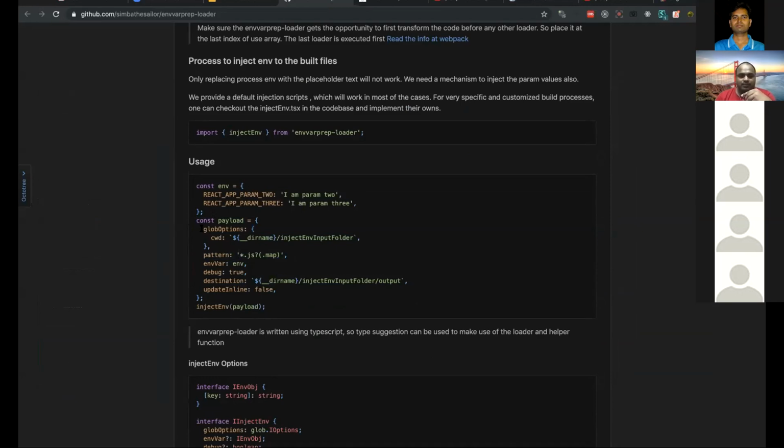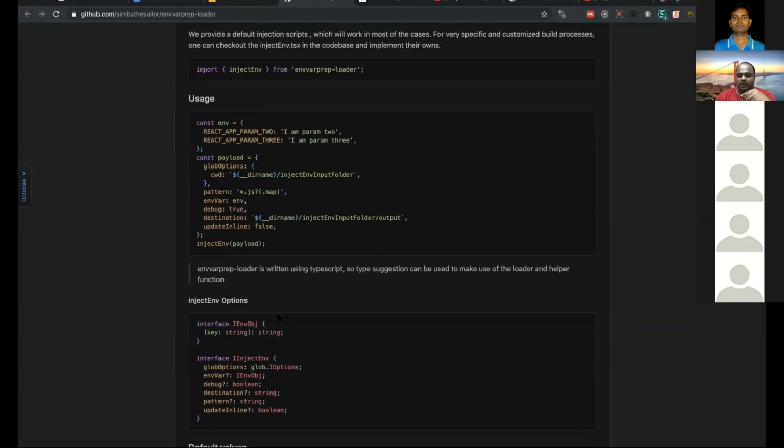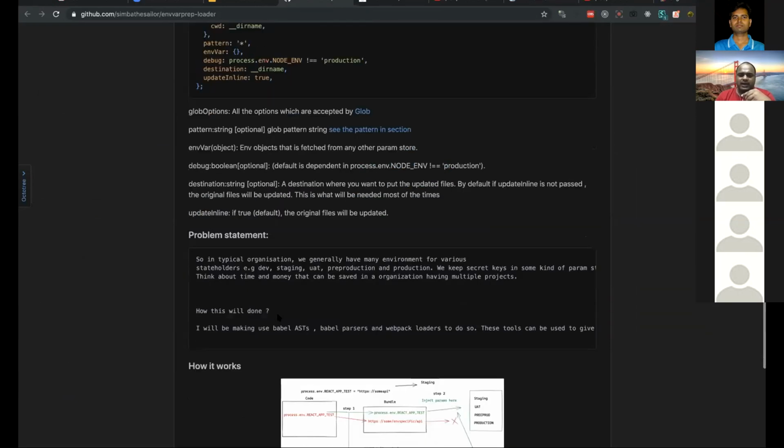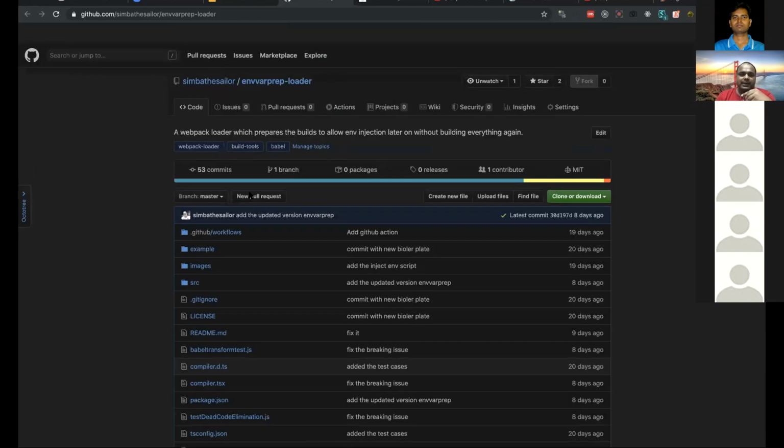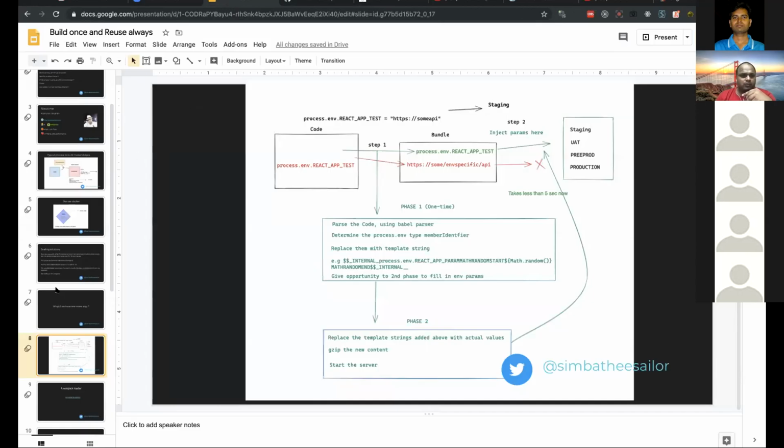Basically, you pass a set of options, and this env is coming from your param store, and it will automatically replace all the env values. That's pretty much it, and it's written in TypeScript, so type helpers will be there.